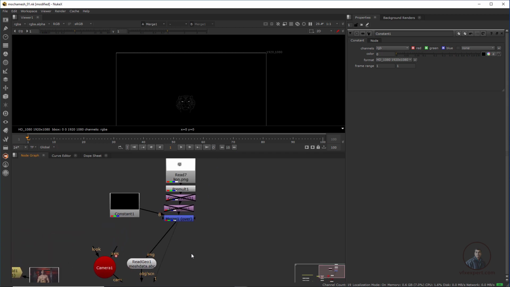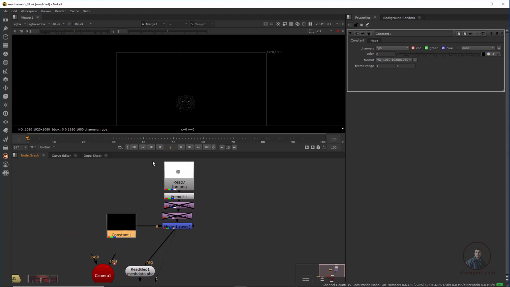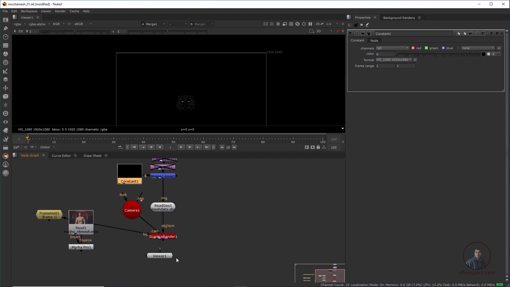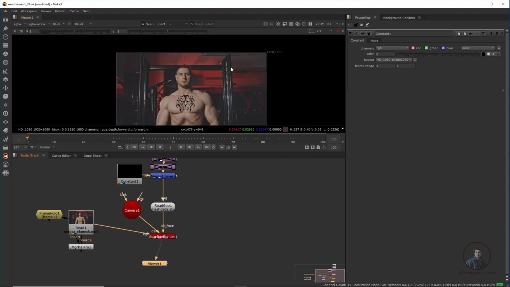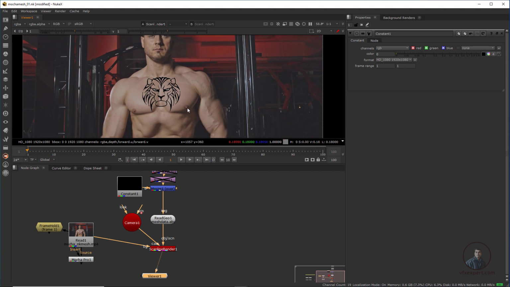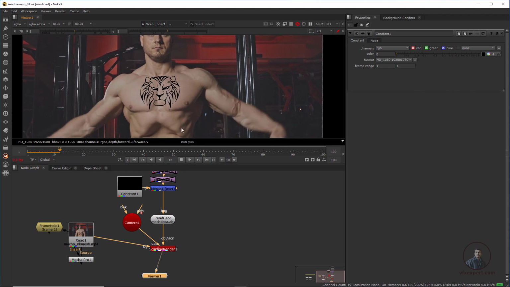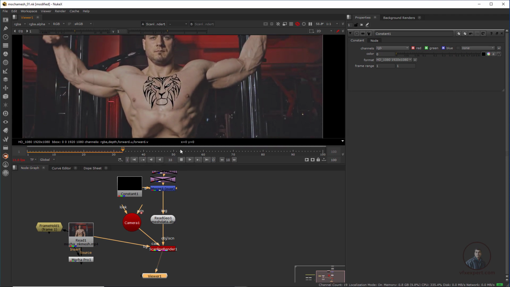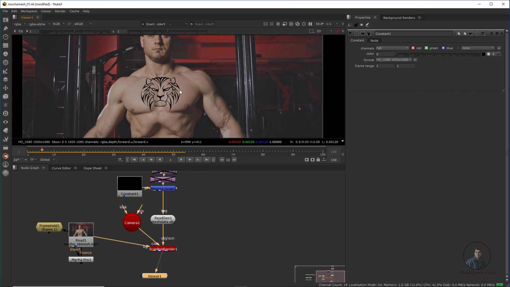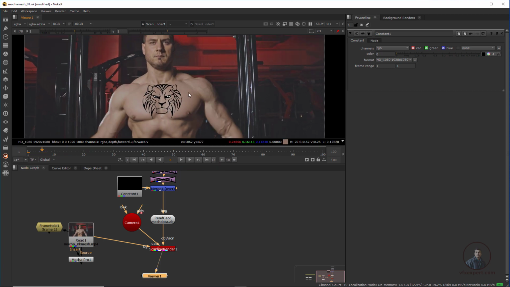Now just adjust this a little bit so you can easily understand. Again select this scanline render and press 1 here. Now you can see easily. Just play and check a little bit. Now play and check. Now you can see this is looking good. So this is not the final compositing, because we have to blend this image on top of this surface.